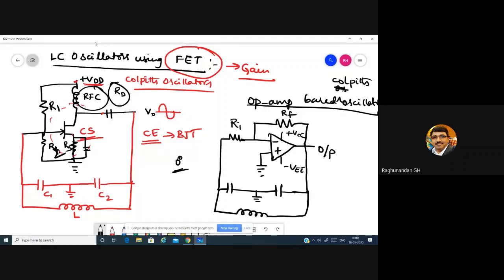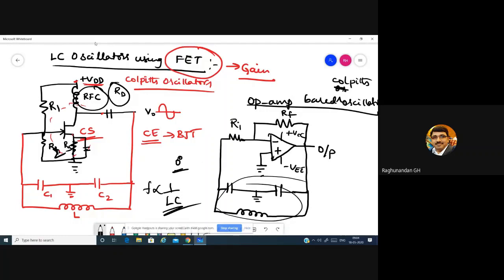But our oscillator frequency is dependent upon the tank circuit. This is the tank circuit we are discussing. So obviously we cannot avoid this. That's why when you use this, it automatically produces a change in phase because of its characteristics, because of the charging and discharging characteristics. So that's why, to have an extra 180-degree phase difference, we'll be using an inverting op amp. So this is the op amp based Colpitts oscillator.